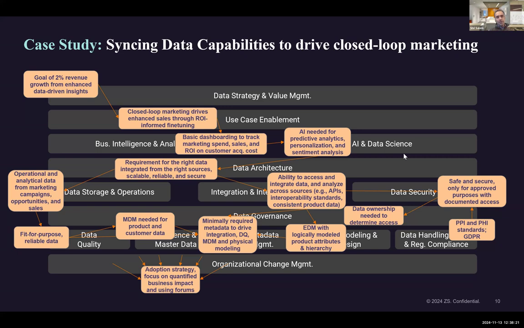But actually a better answer to that question could be how you start this value articulation from the bottom up. When I say bottom up, this value starts from the data foundations, and a lot of these different components that Willem is talking about is not reflected when you just say, hey, I solve these 5 use cases, and that is enabled by data strategy. So therefore, data strategy is worth X, right? That's maybe a very simplistic answer, but a more robust answer could be, first, let's talk about the value of these foundations.